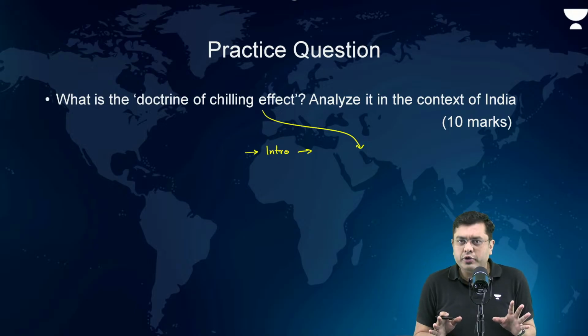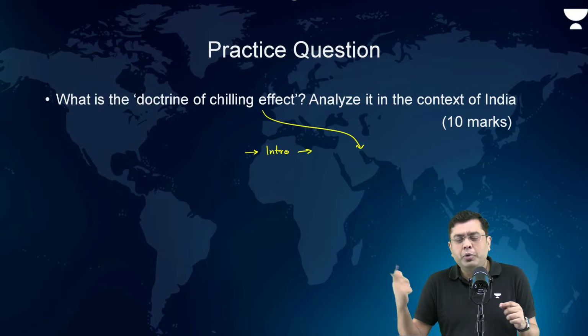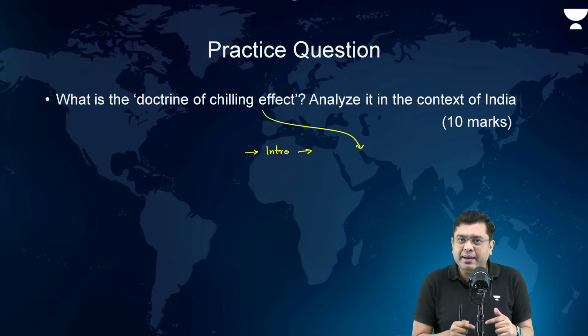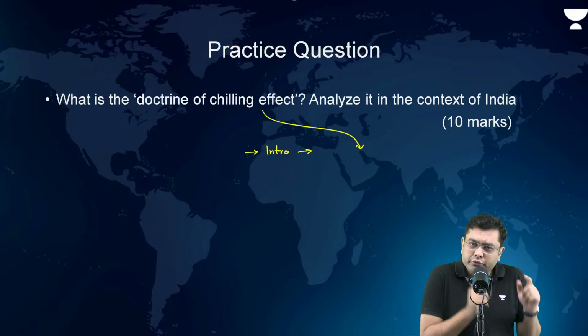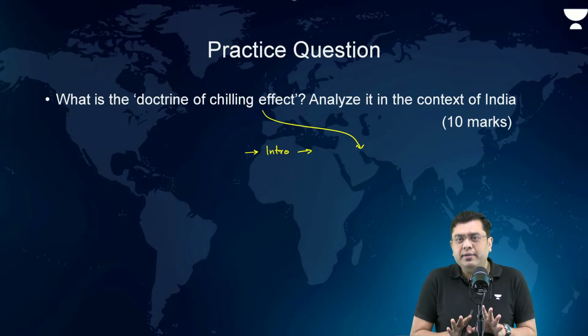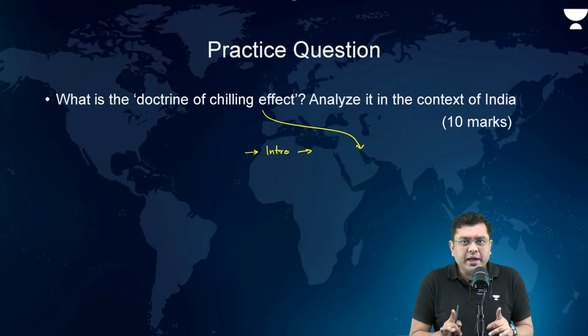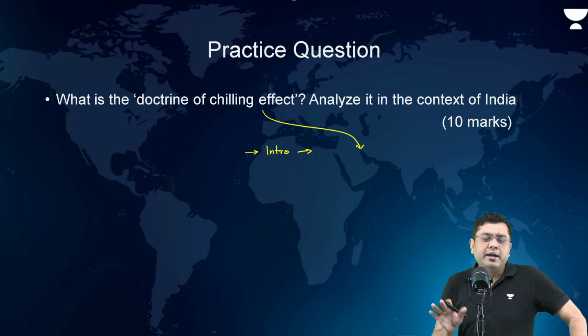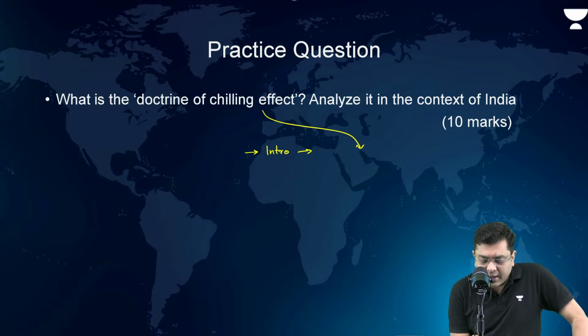Yesterday, I had provided you the solution. Write your feelings on a piece of paper, wrap that paper, put it in the closet, lock the closet, and then come to the exam hall. In the exam hall, in the answer sheet, there is no scope for excessive polarizing comments to be put in the answer paper. Okay, please don't do that. So, in the intro, put the answer of direct definition of the doctrine of chilling effect. Then, in the body,